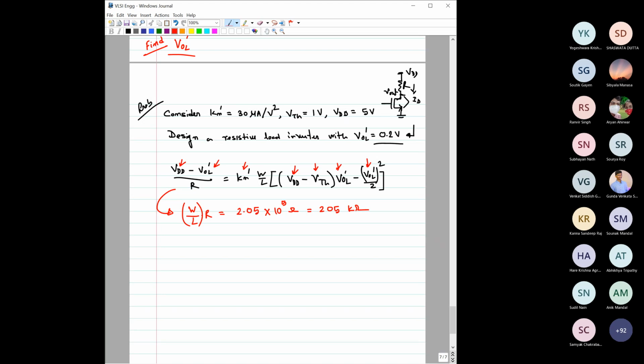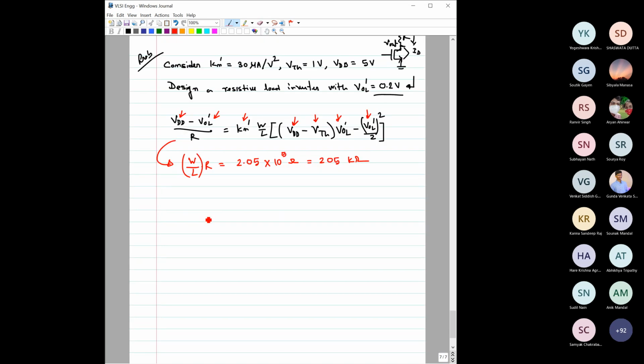So are you able to find this? Is this correct? Yes, sir. Okay, so if this is correct, then we can see from here that if we have to design such that VOL dash is 0.2, then this W by L into R should be equal to a particular value. Now we can choose different W by L ratios, and accordingly R will be changing. We can set either W by L or the value of R, and accordingly the other parameter has to be changed. If you agree with me, then